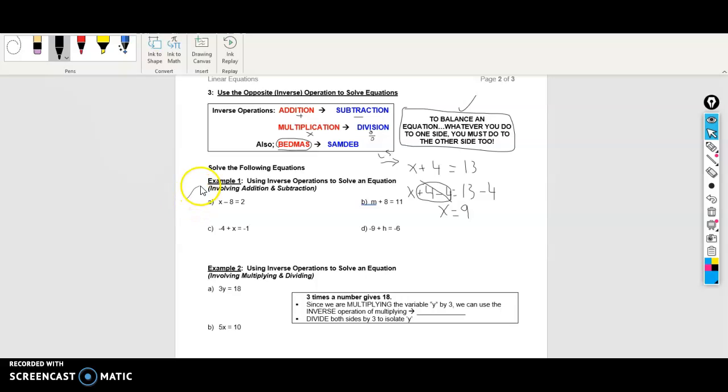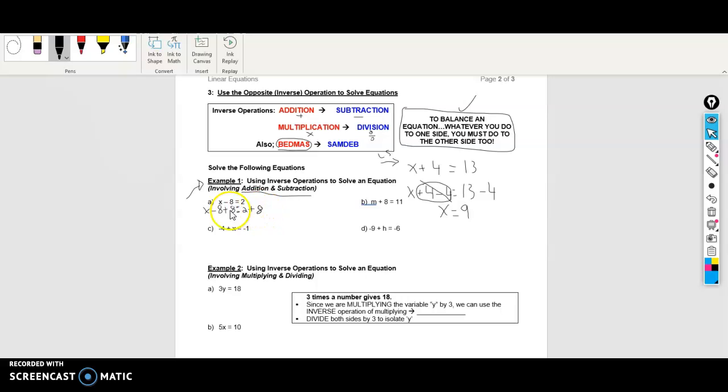There's a few more examples over here that we can do together by doing the inverse operations of addition and subtraction. Try them yourself first, and then check to see that you were on the right track with the proper steps and the answer as well. So here we have x minus 8 is equal to 2. So what I'm going to do is the inverse operation of minus 8. The inverse of taking away 8 is adding 8. Is equal to 2. And I have to add 8 to the other side as well